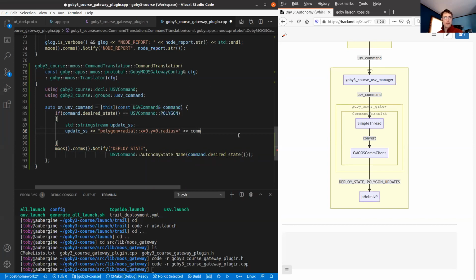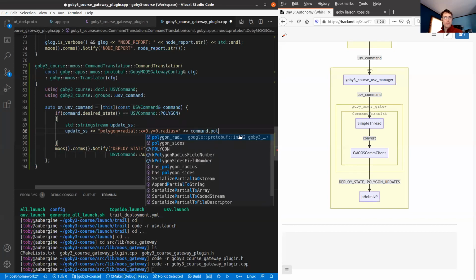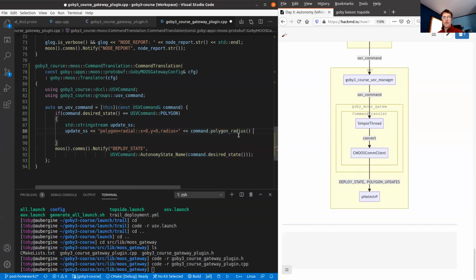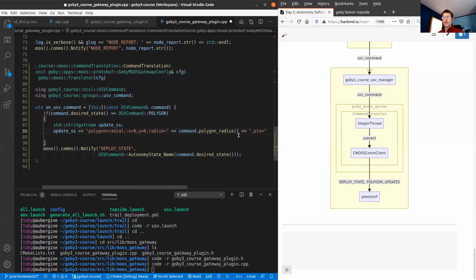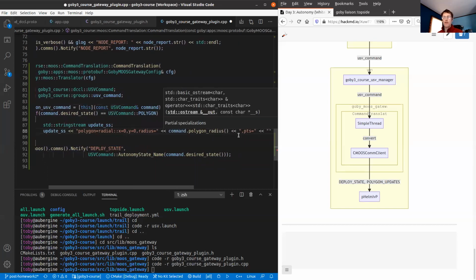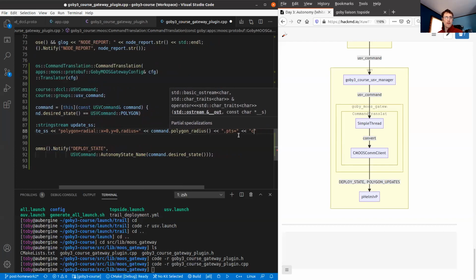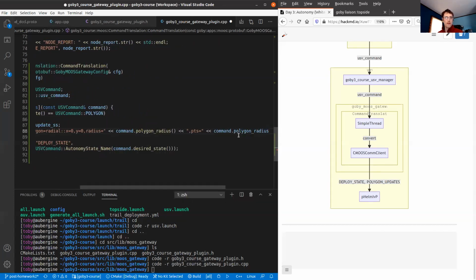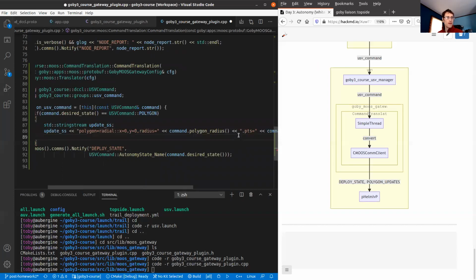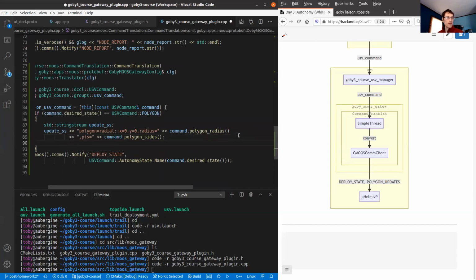Change the radius to the radius in our command message, and the number of points and the number of sides to our polygon will be the same. So it should be command dot polygon sides. And then finally, we can publish that as well.